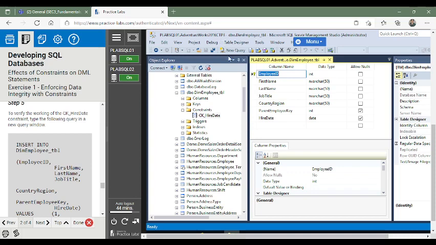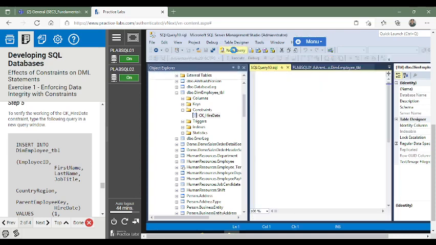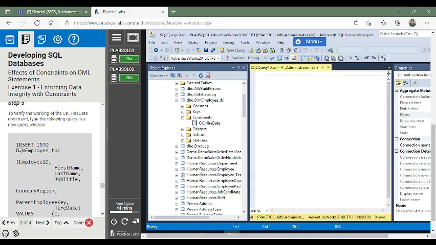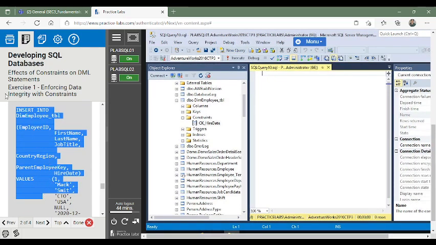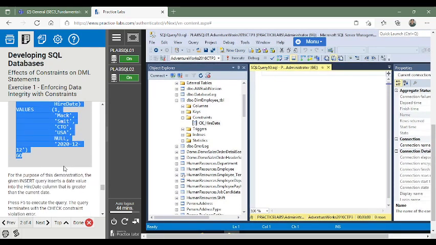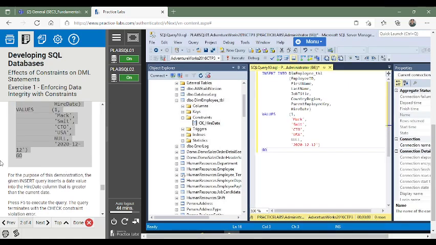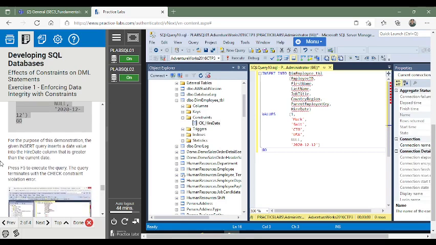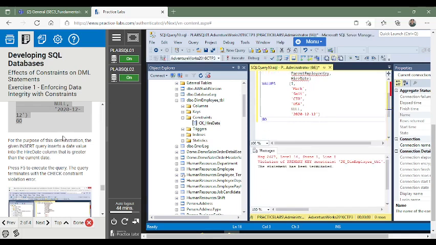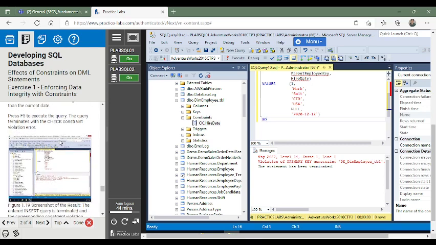Create tayo ng panibago nating query. So for the purpose of this demonstration, the given insert query inserts a date value into the hire date column that is greater than the current date. So run natin ito. And the statement has been terminated. So violation of check constraint tayo. So